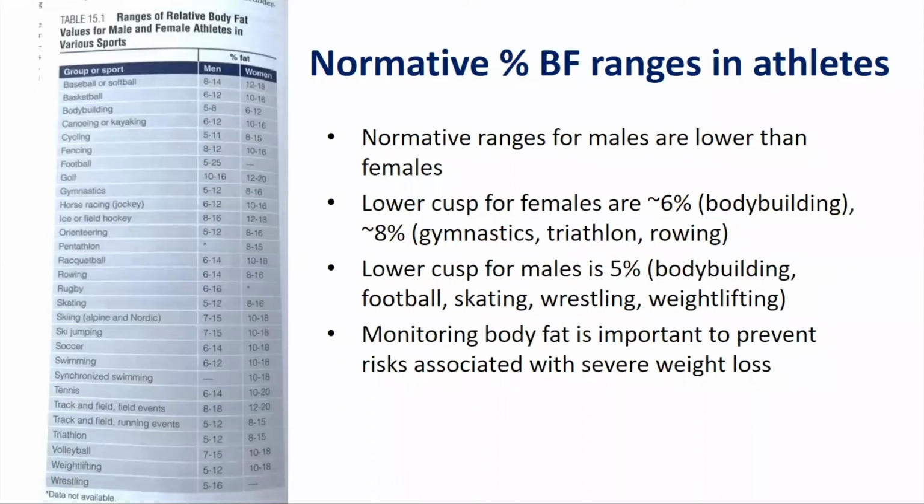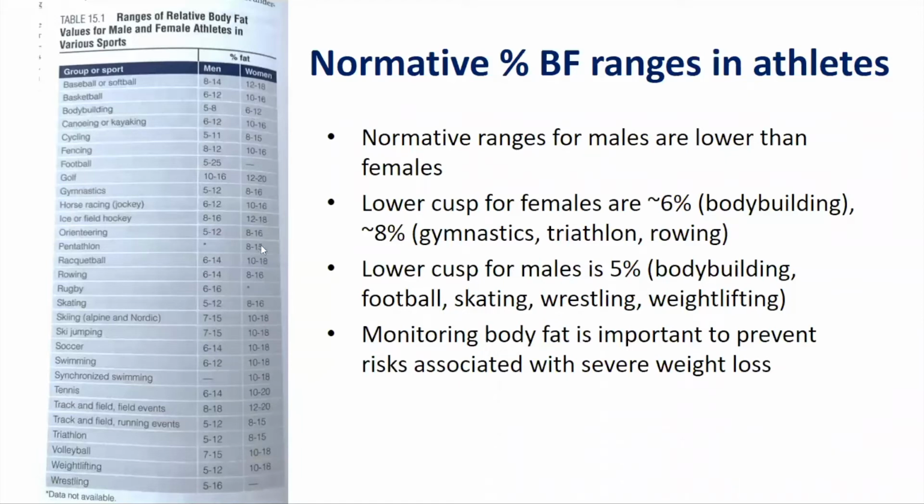In the previous sections, we talked about how we can assess body composition. In this section, we're going to talk about what are the normative percentage of body fat ranges and the impact of body fat on performance. So this table is taken from your textbook where it gives different percentages of body fat for males and females in different sports. So the lower cusp of percentage of body fat are reported for females in bodybuilding at 6%,